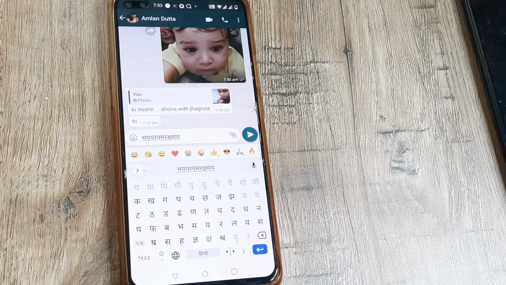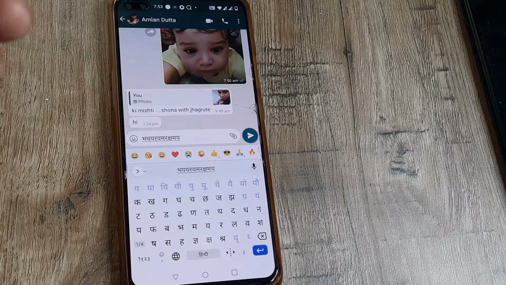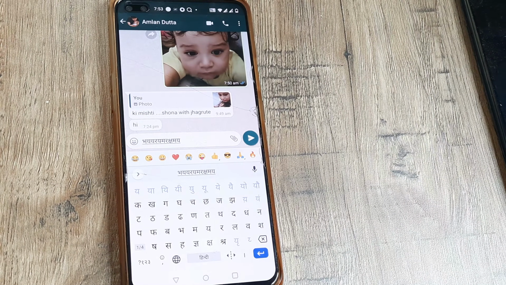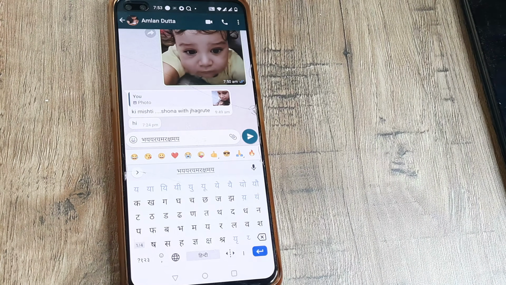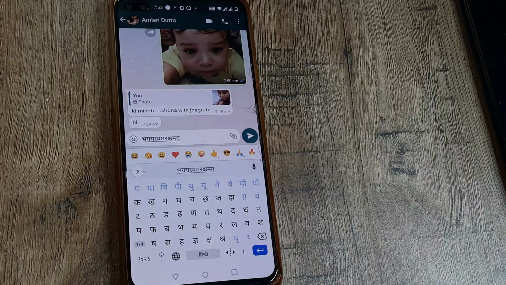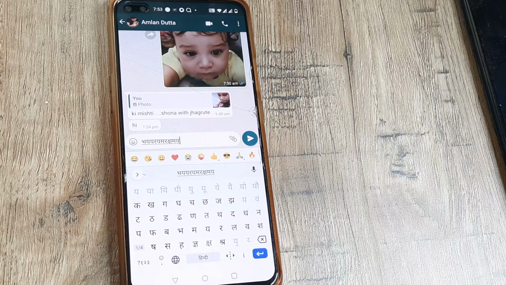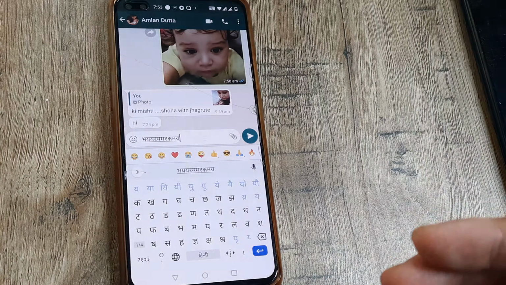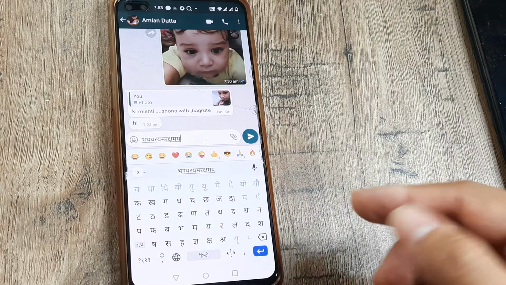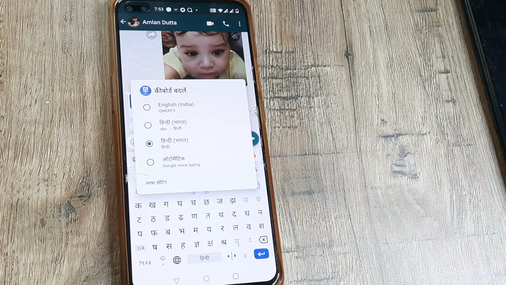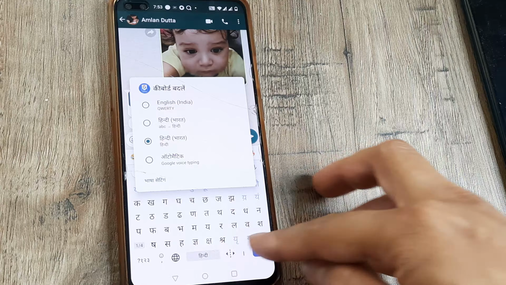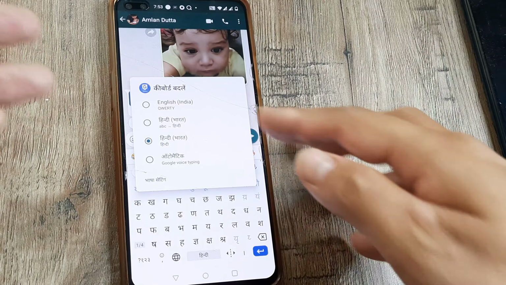The steps are a little different when you use a Samsung device or any other make, so we will be looking at separate videos. Let me know in the comment section which mobile you have so that we can make dedicated tutorials for your type of mobile set. So hopefully now you know how you can add a different language keyboard and then use that keyboard by long pressing the space bar. On a Samsung, you simply have to swipe to the right or the left. It doesn't work like this.